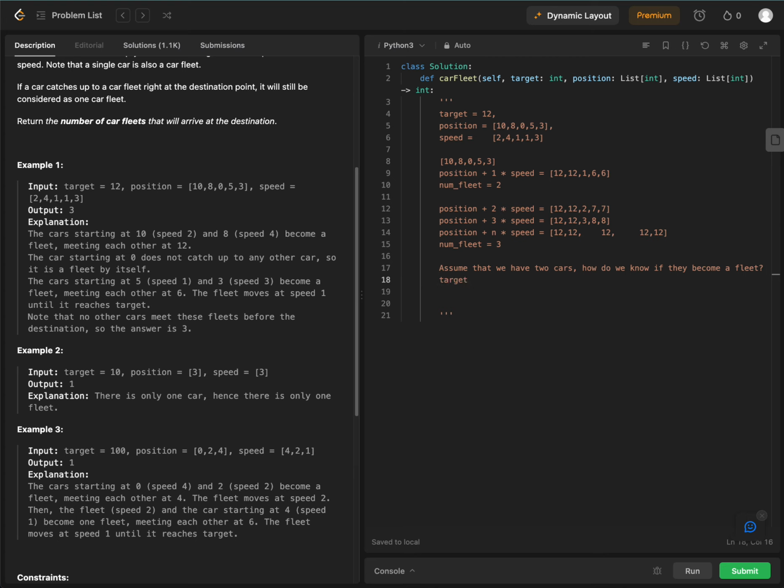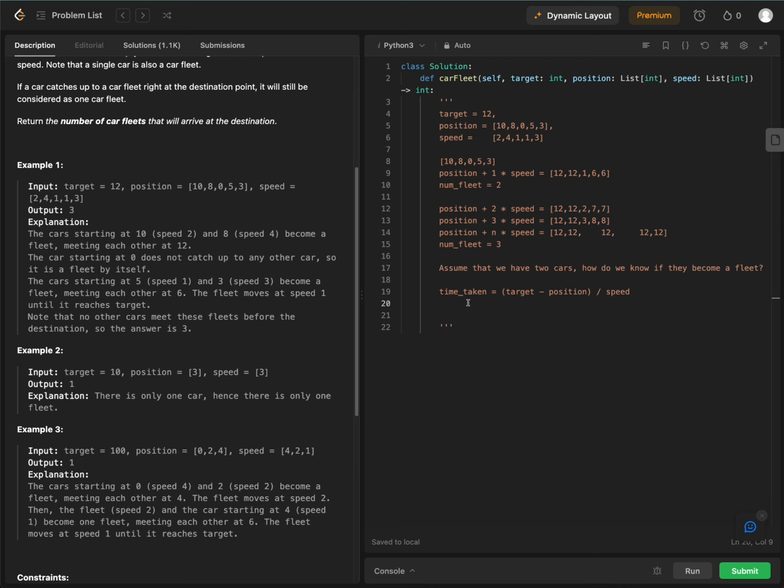target, time taken. Time taken for 1 car equals target minus position divided by speed, for a car. And when you see 2 cars, essentially target minus position divided by speed is the time taken for 1 car. And if you have 2 cars, standalone, just 2 cars, the time taken,